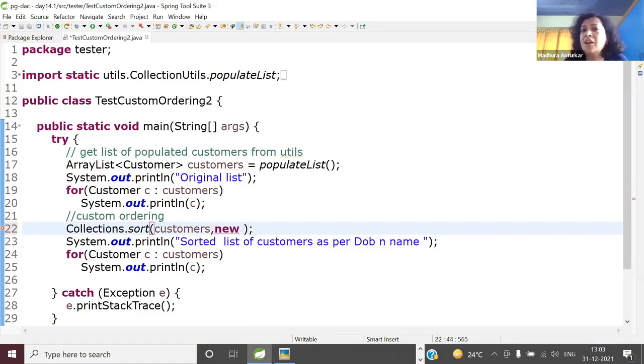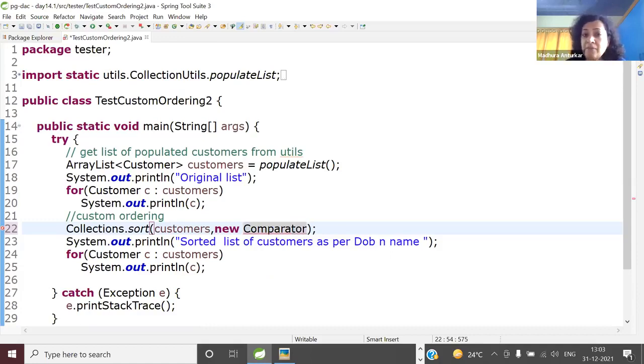New, don't use control space and all that. At least once you should type it on your own. I'll tell you something very frankly, guys. After I explain lambda expression, all this is not going to be required. But till lambda expressions are explained in Java, you'll require it. Okay, so you can simply say new comparator.